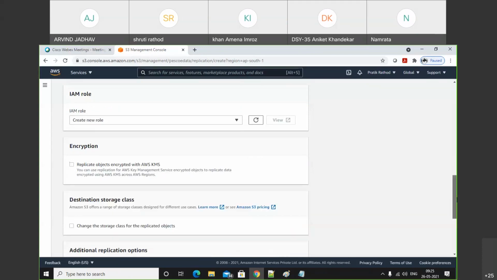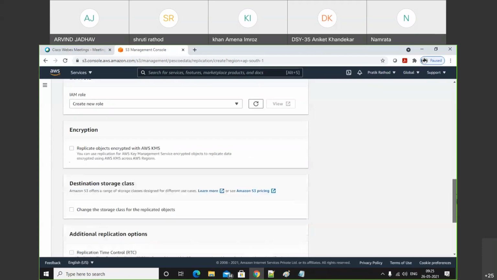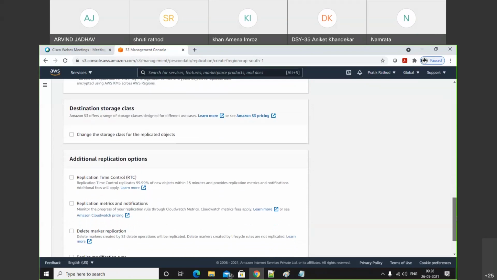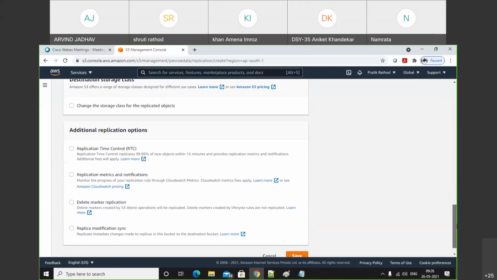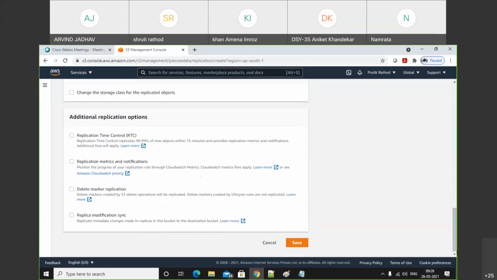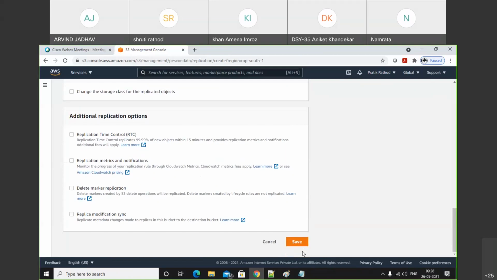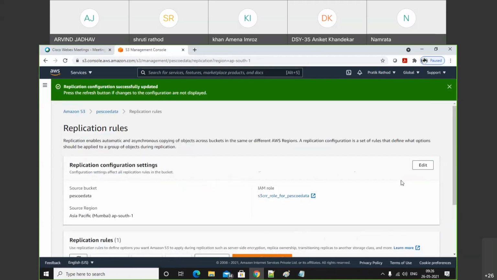Right now I don't want to use that, because whenever we apply encryption we need to pay an extra amount for that. Additional replication options: just do not make any changes, because when we add these options we need to pay a certain amount. Click on the save button. So now your role name is S3CR role to PS data. Okay, so your role is created.